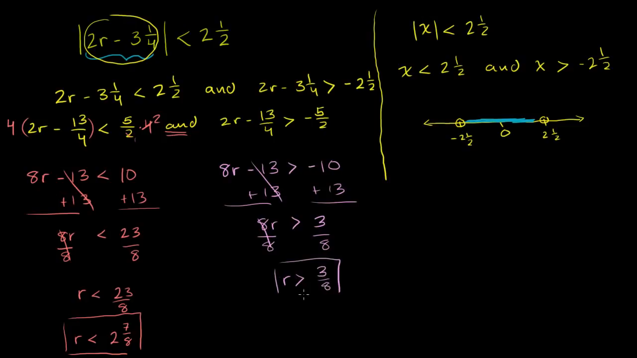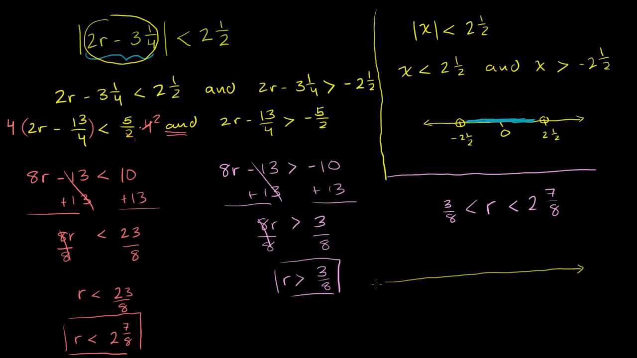So our two conditions, r has to be less than 2 7/8 and greater than 3/8. Or we could just write it like this. R is greater than 3/8. So it's greater than, or maybe I should say 3/8 is less than r, which is less than 2 7/8. So if we were to plot the solution on the number line, which I'm about to do,